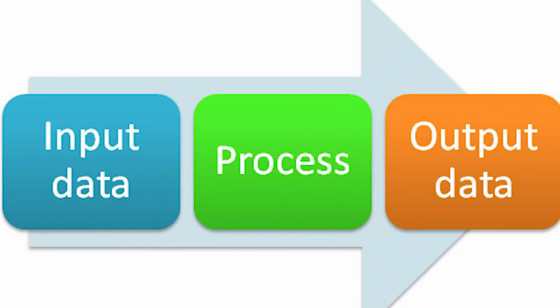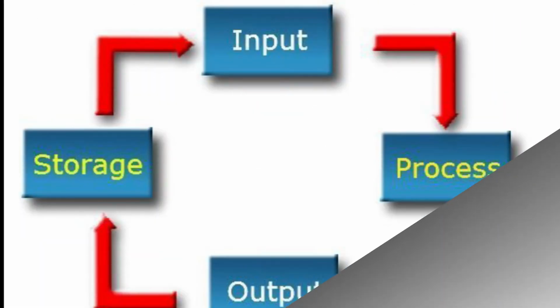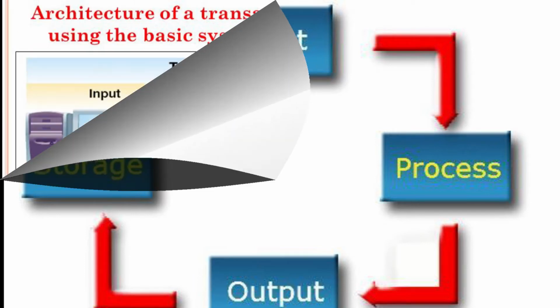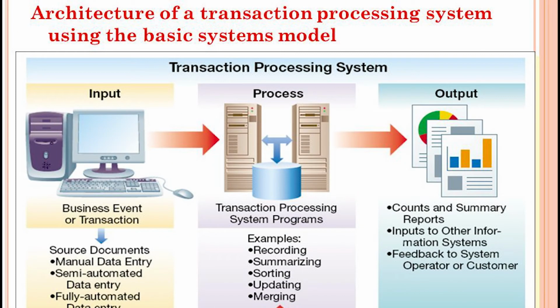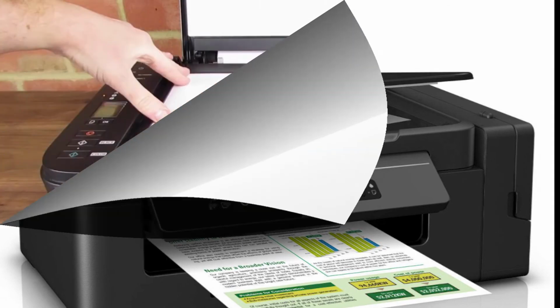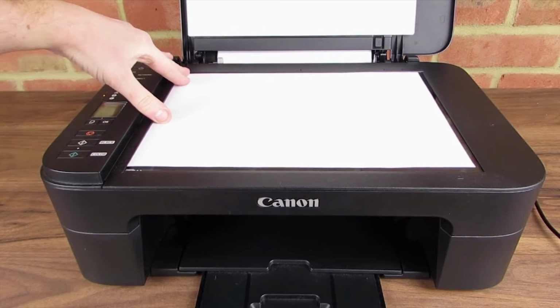The third step is output, that is, the data you entered is turned into meaningful information. Then the information that gives us such a result of processing is called output. The output which is displayed on the screen of the monitor is called the soft copy of the output. A printout of the soft copy on a paper is called the hard copy of the output. This is how a computer works.